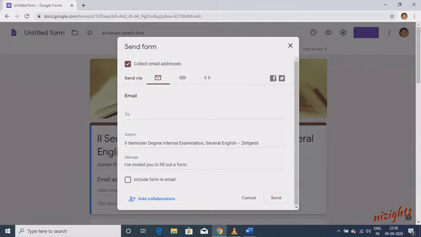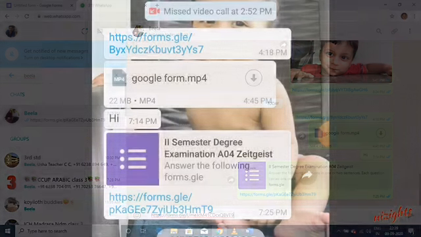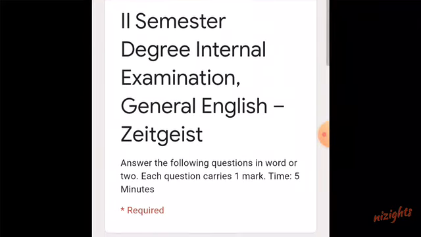You can either email it or simply share it by pressing on the share icon. There is an option to shorten the link, and just copy that, paste it to WhatsApp or any other communication platform. Once we share the link, the students would be able to see it like this in their mobile phones. By simply pressing on the link, they can open the question like this and start answering